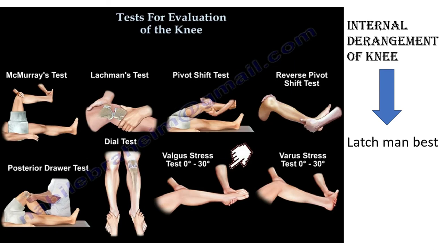Now, the most common big joint is the knee joint, which is very superficial, and due to sports injury there is a chance of ligament injury. There are two types of ligament: the cruciate ligaments and the medial and lateral collateral ligaments. They maintain balance over the knee, which helps various movements of this knee joint. Now, due to laxity or injury of any of these ligaments, it can cause internal derangement of the knee or joint laxity. It is generally associated with meniscus injury.